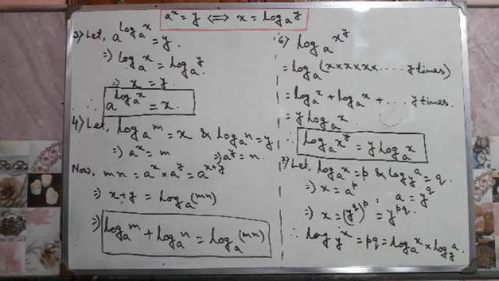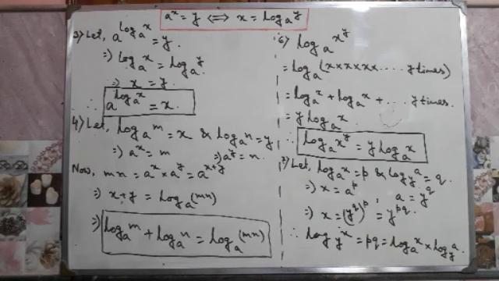How? Again we know that the division means subtraction of power. So instead of multiplying m and n, if you divide, that is m by n, it will be a to the power x by a to the power y, that means a to the power x minus y. Then by the same process you will get log m to the base a minus log n to the base a, that is equal to log m by n to the base a. Try it at your home.